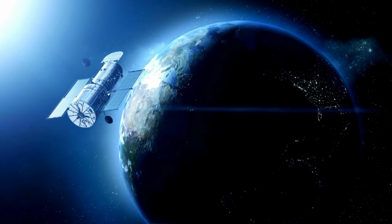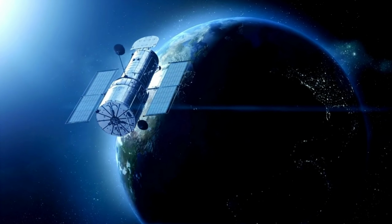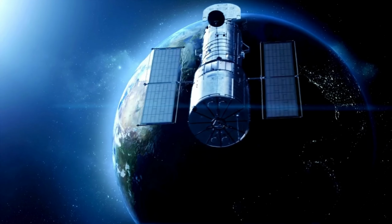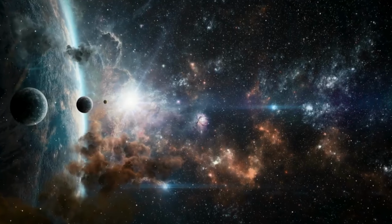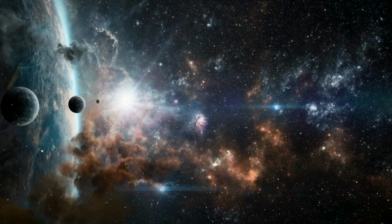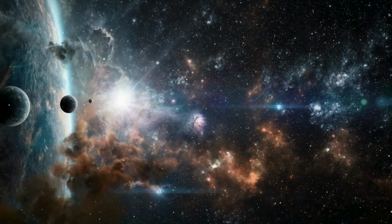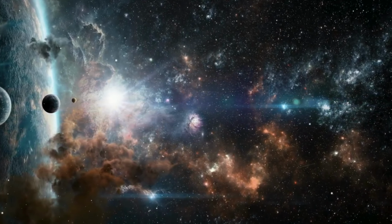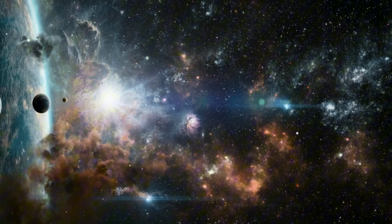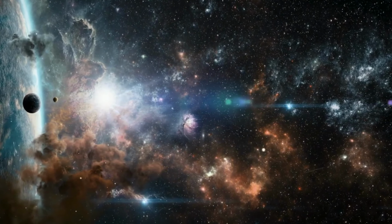For over a century, we've been trying to understand more about the universe. However, the recent observations made possible by the James Webb Space Telescope have been even better than we thought they'd be. Since it was launched, the James Webb Telescope has given astronomers and scientists a lot to be optimistic about. It's given us a powerful window into the vastness of space and enabled us to peer deeper into the cosmos